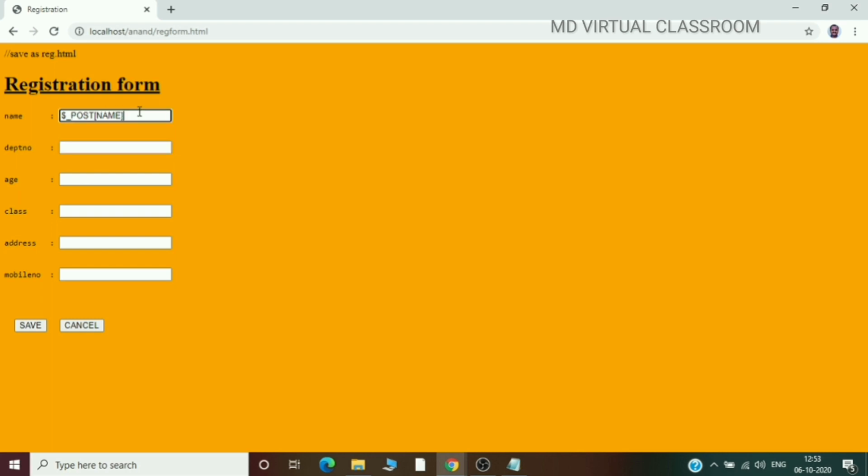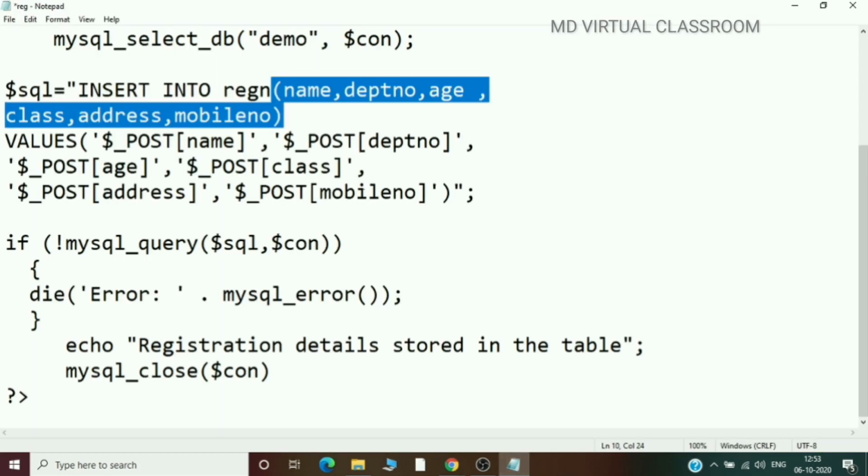The name which is entered by the user in the registration form can be captured by using $_POST['name'].